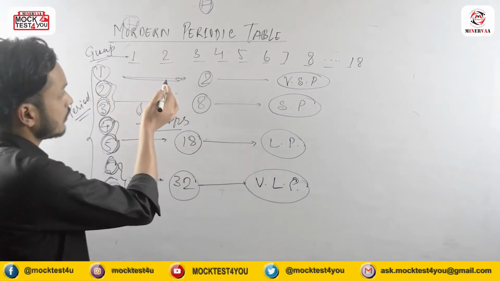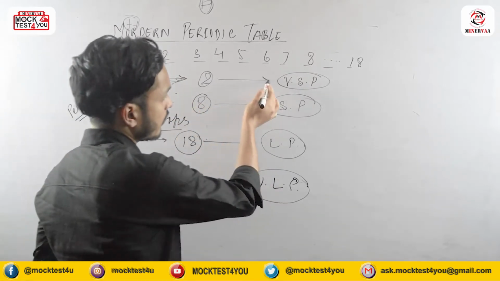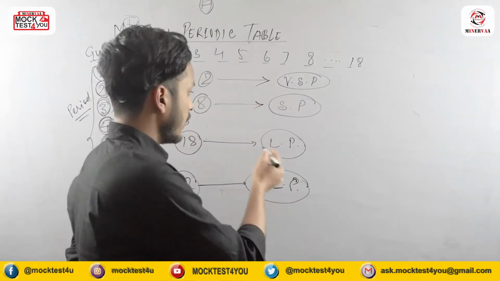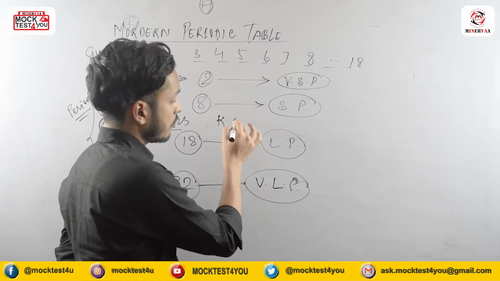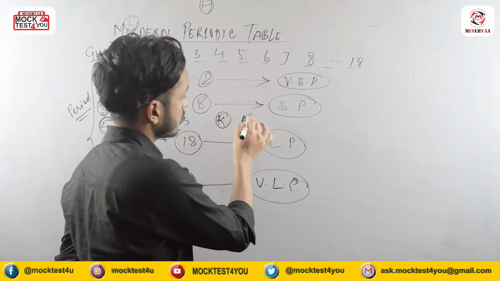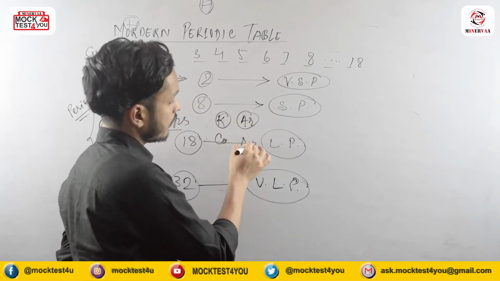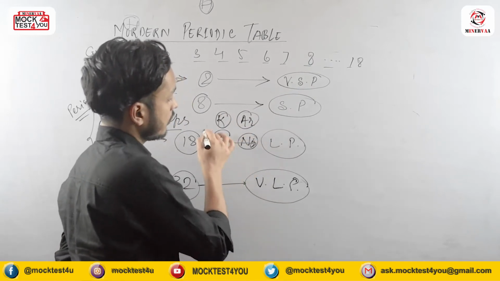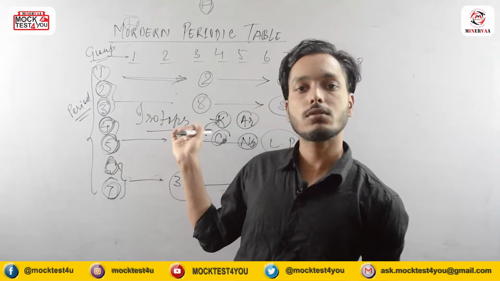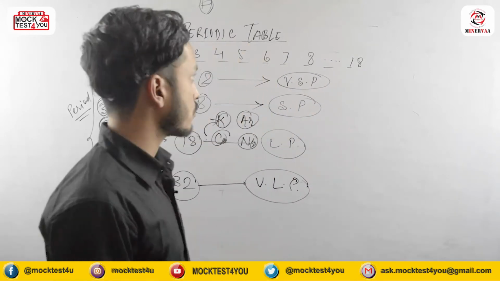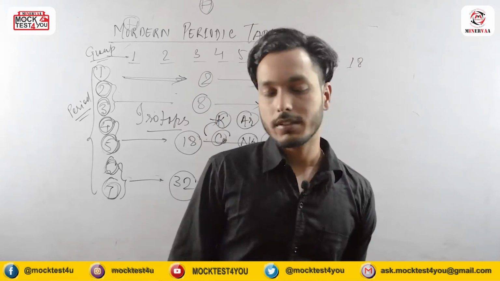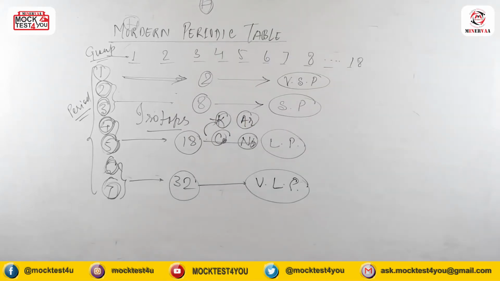Next, it has also solved the problem of elements which were placed wrongly before, like in the case of potassium and argon, and cobalt and nickel. The atomic number in this modern periodic table has solved this concept also, right? So I hope you have understood what the modern periodic table is. Nowadays we use this modern periodic table. Now we will see